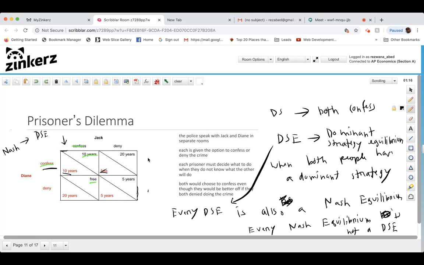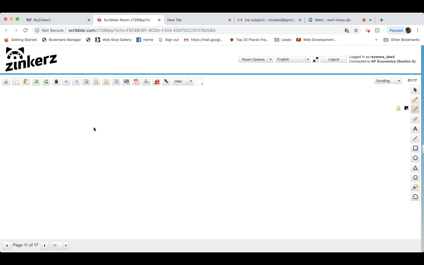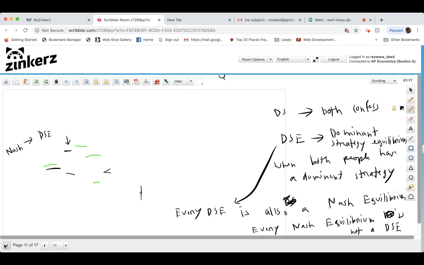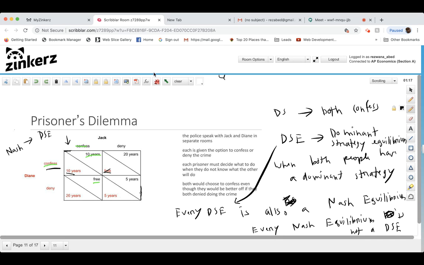Anyway, what I want you to take away from this prisoner's dilemma situation is that the dominant strategy here was for both people to confess, right? Because they were both acting in self-interest, right? So this is sort of where the paradox is coming from. Because the dominant strategy was to act in their own self-interest and protect themselves at the expense of the other person, right?